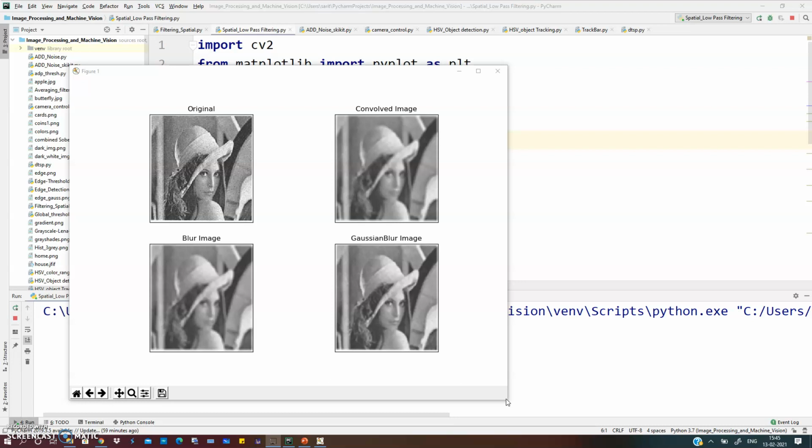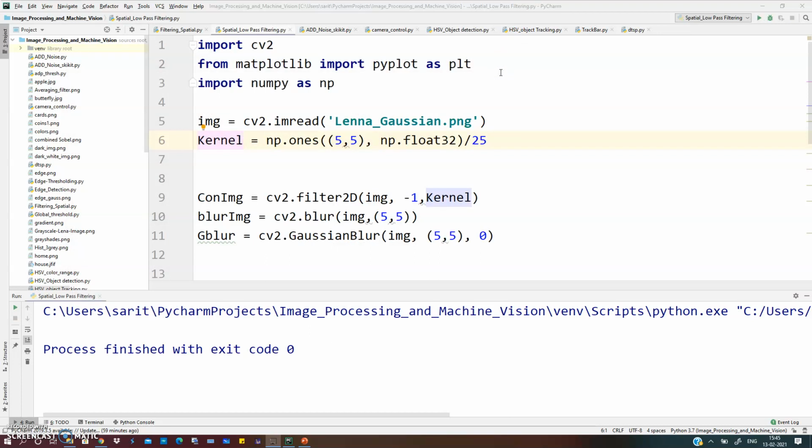So due to that, you will find that the Gaussian filter gives a better result as compared to the averaging filter. One more linear method is there, that is median filtering, and another non-linear filtering method we'll see in the next video. Thank you.